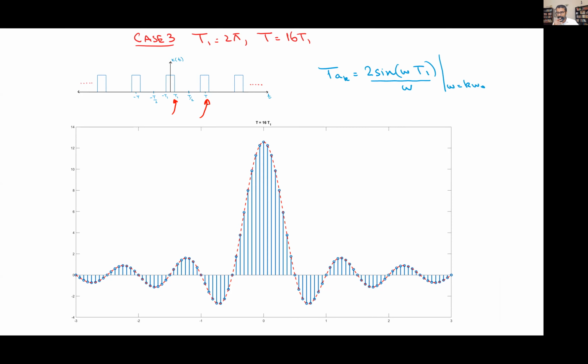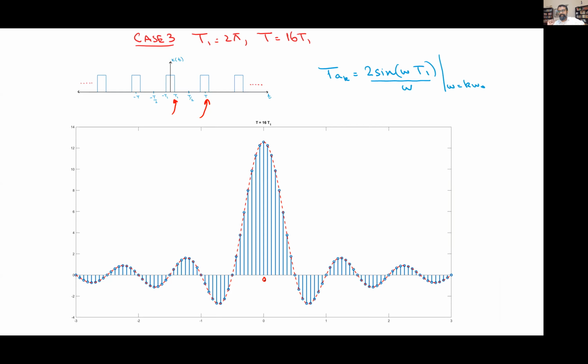Yes, Umar. Sir, is it always the case that higher frequencies have less contribution in a transform? Not necessarily. We'll talk about this. That's a good point. Not all signals are like that. Umar, where is this question coming from? It is because you see that at low frequencies the contribution is higher, the peak is higher, and then it gradually decreases, right?